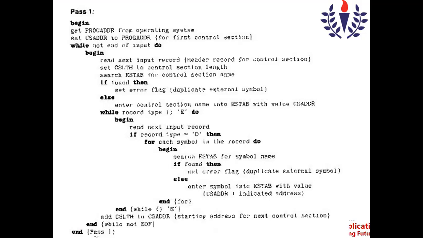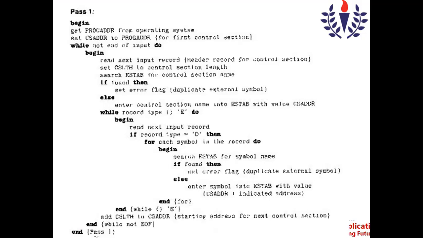That value is nothing but the relative address. When program A was given, it was given with the starting address 0. When the starting address was 0, the LISTA value is 0040. This is actually the relative address.